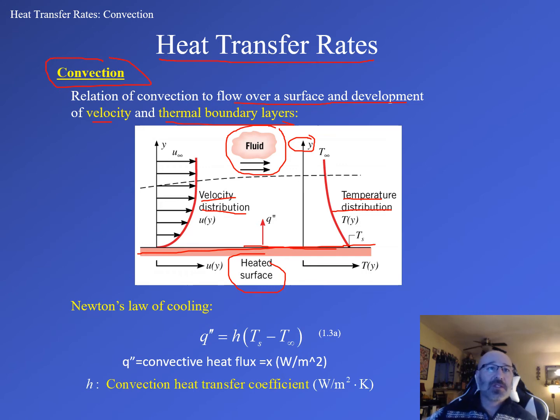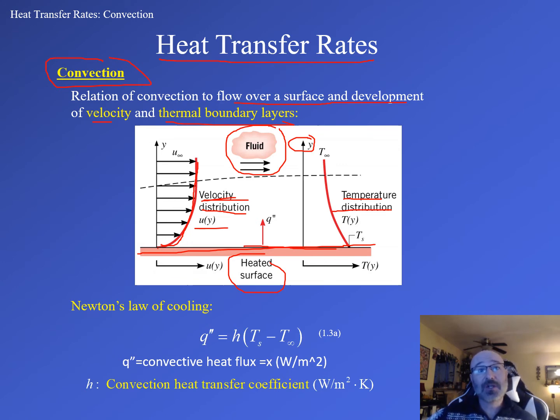So if we look at this and talk about our velocity on the left side, if we go up a distance y away from this heated surface, we can see our velocity is going to change as we go further away from the surface. And we can see it's going to increase as we get further away. So this would give us this function, u of y, or our velocity as a function of distance away